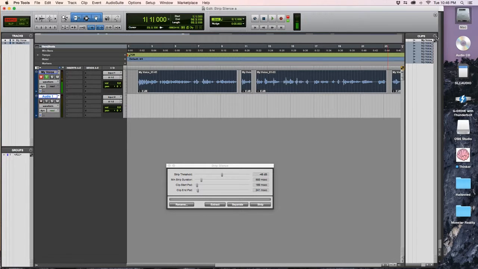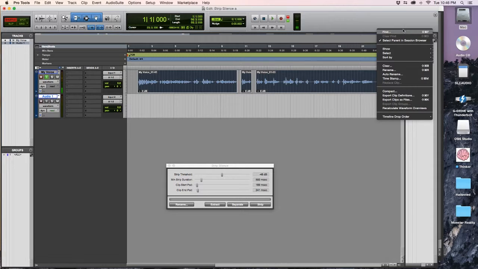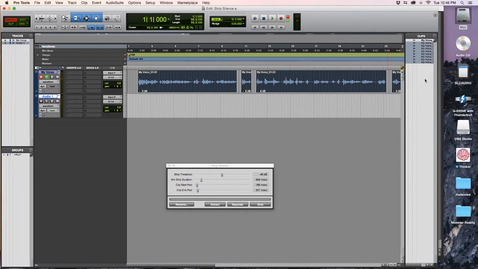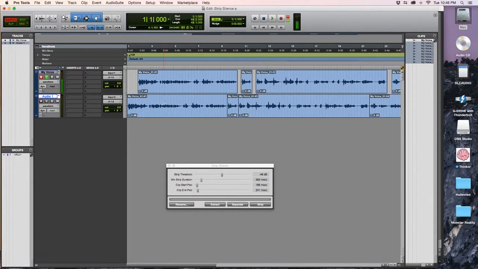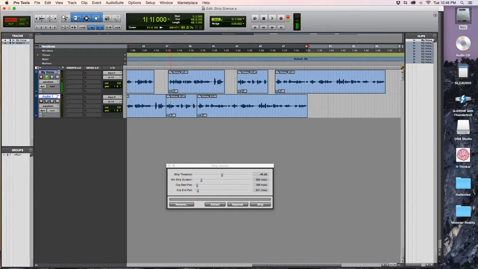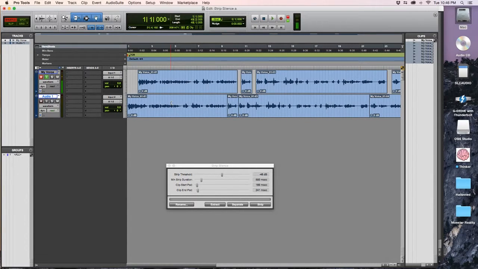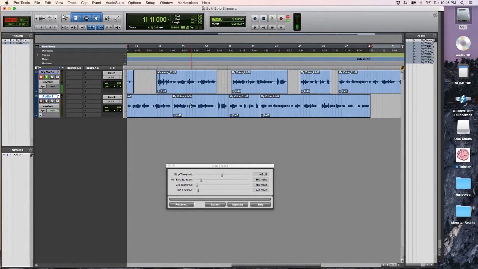Now, this little down triangle here, there are some useful tools that exist underneath that, including timeline drop order. Normally it's set on top to bottom, but we want it on left to right. So go ahead and check left to right, and then I'm going to click and drag all of my new clips that I've created onto the audio 1 track. And boom, I've got a whole set of clips that have all been moved together,